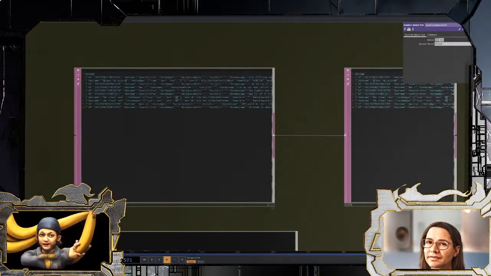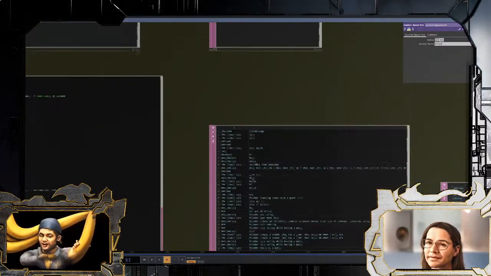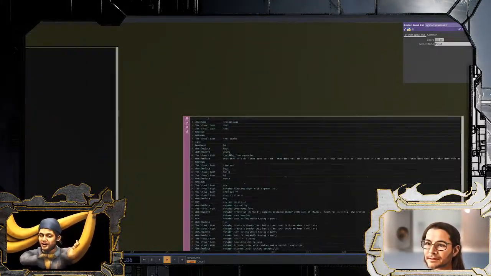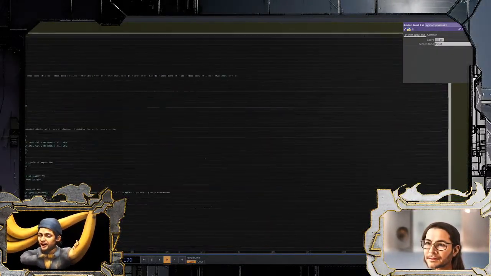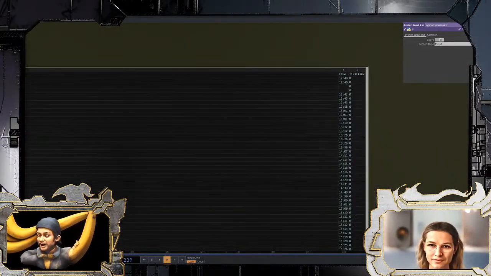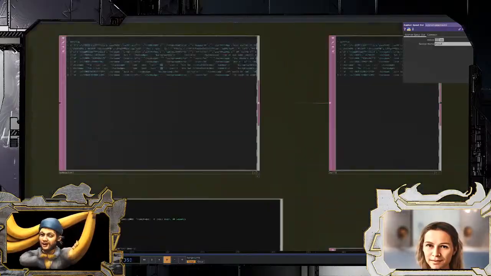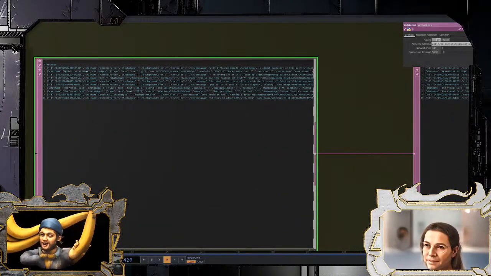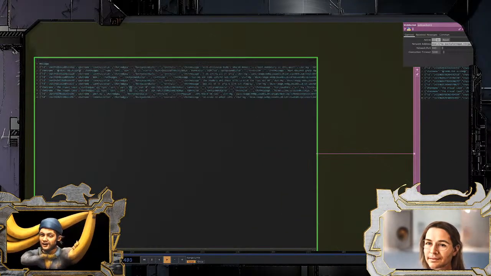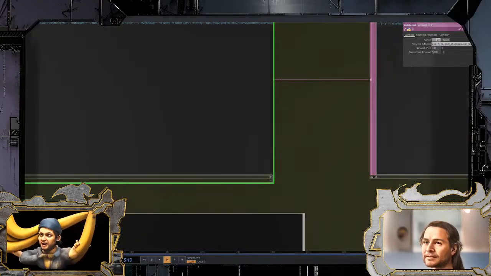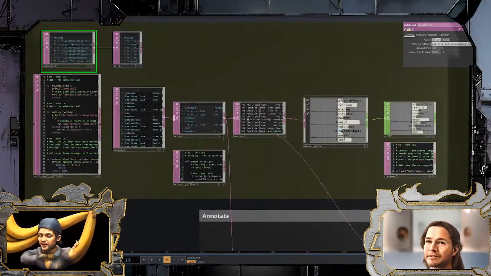I'm just connecting to it and then parsing their JSON into a nice readable list. It has a timestamp all the way at the end here, and gives me the username. I could probably get more data. There's a lot of data in here, like where it's coming from, Discord, YouTube, whatever. But yeah, it's a super powerful thing.